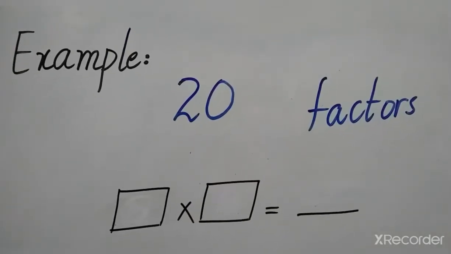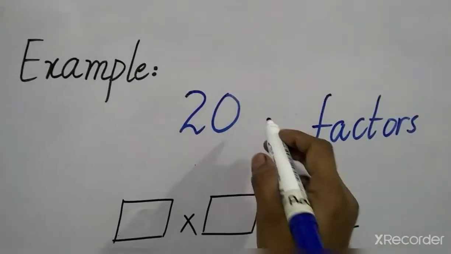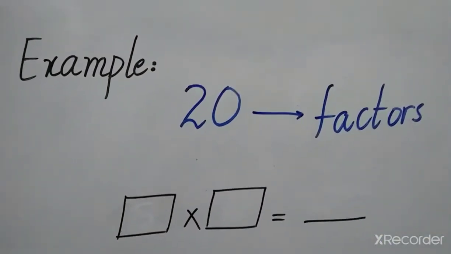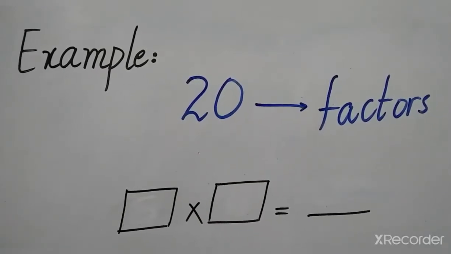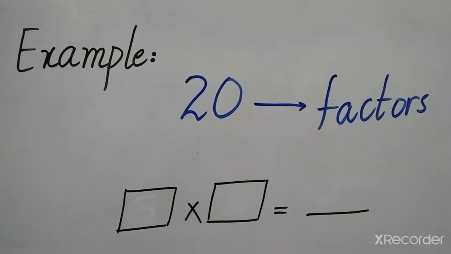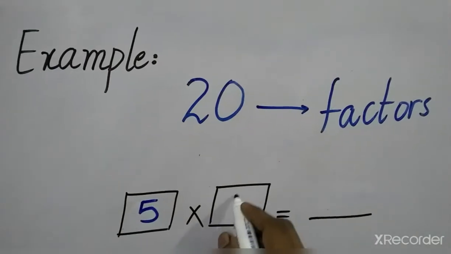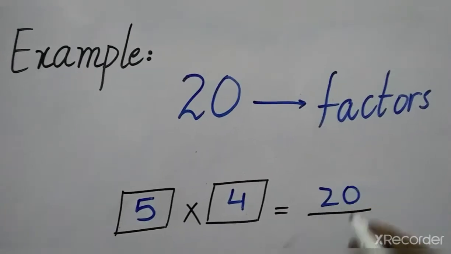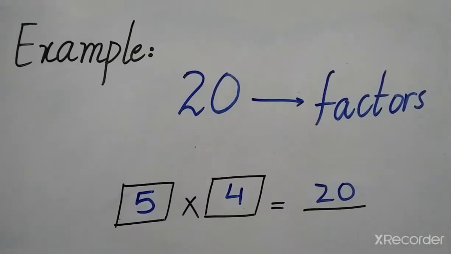This will be more clear to you with the help of my second example. If 20 is a number and we have to find out the factors of 20, so what we will do, we will find out the numbers whose product is equals to 20. क्या करना होगा हमें ऐसे नंबर्स फाइंड करने हैं जिनको मल्टीप्लाई करने के बाद हमारा आंसर 20 है. सो स्टूडेंट्स, वी नो इफ वी मल्टीप्लाई 5 with 4 our answer is equals to 20. What does it mean? It means 5 and 4 are the factors of 20.